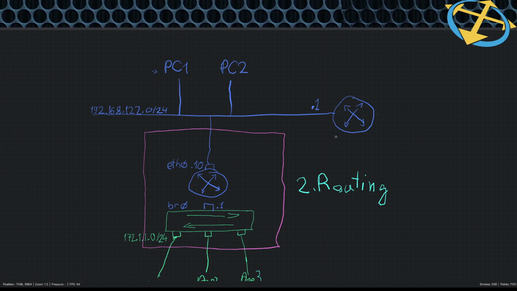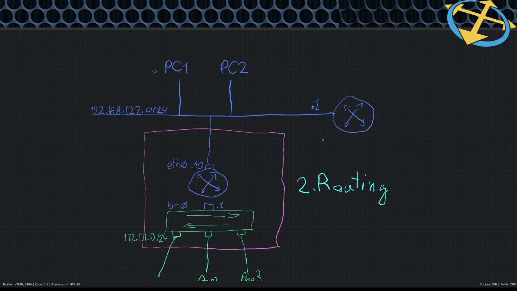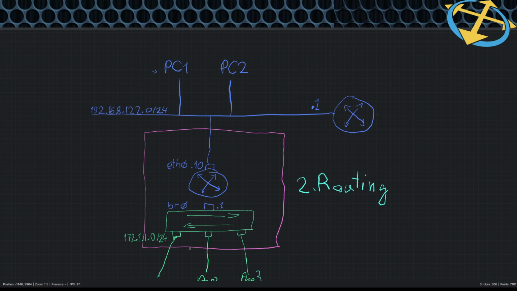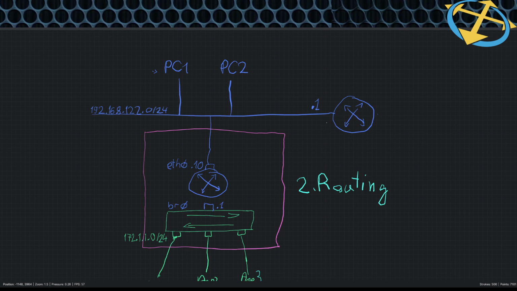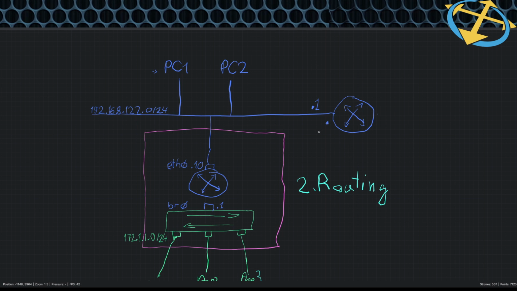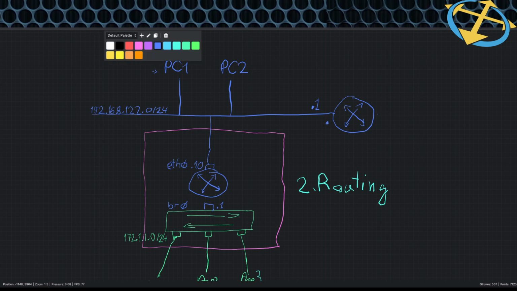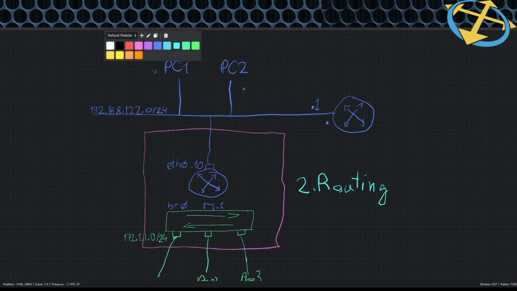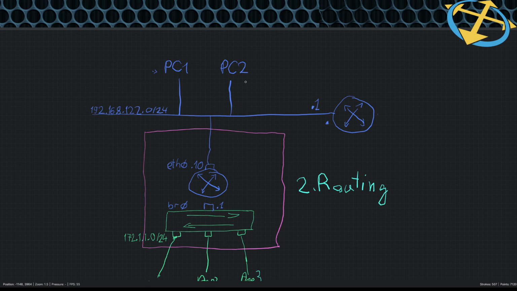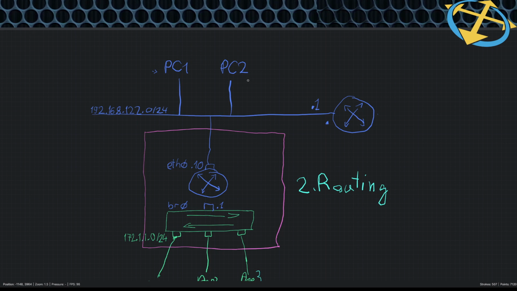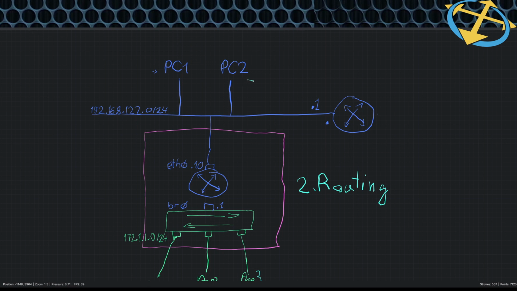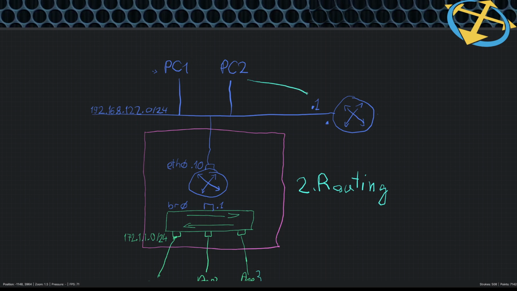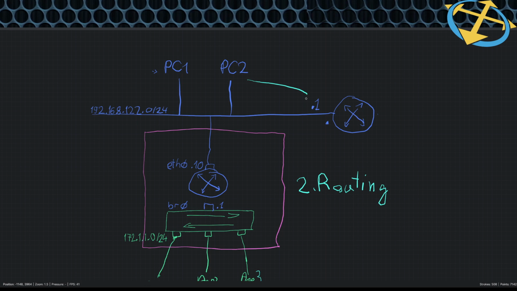So the best option is to add the route for 172.1.1.0 here on this default gateway, and the traffic will flow like this. Let's say PC2 is trying to access the F3 container, and it will give the packet to this guy, and this guy will